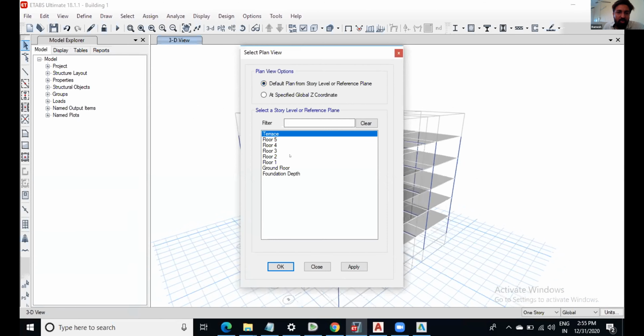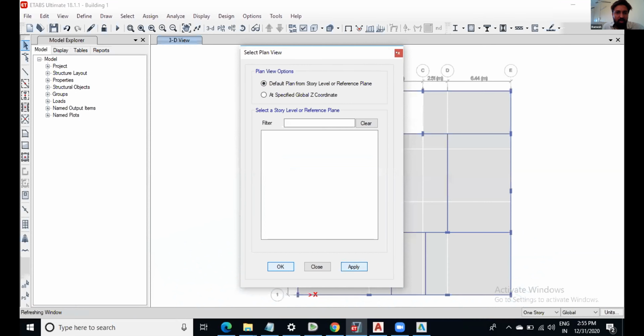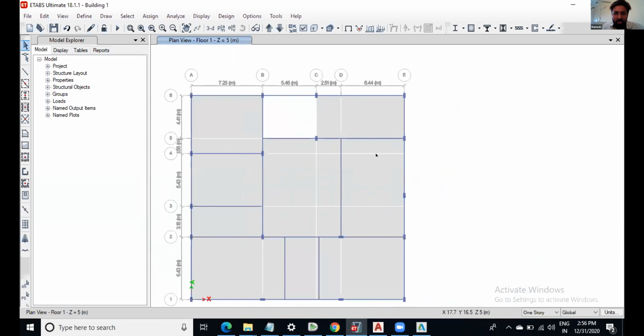Plan view and you can go for the first floor and say okay. Okay and close. Now here you can select all stories, go to the all stories option, and now you can select all the outer walls, that is, the ones having the wall weight of 8.55. Select all the beams where the outer wall weight is 8.55.